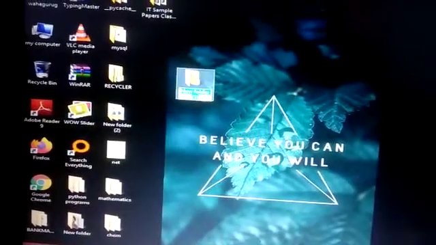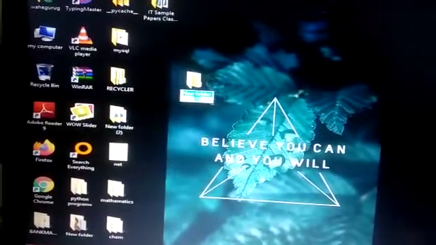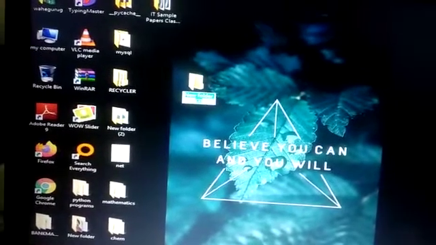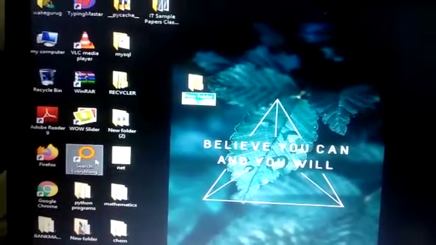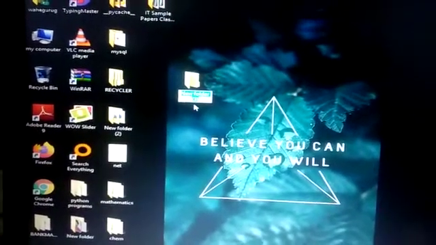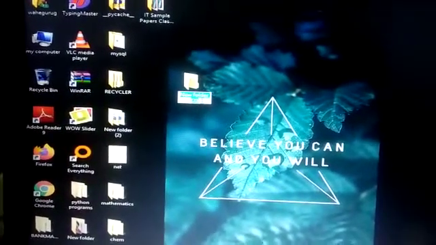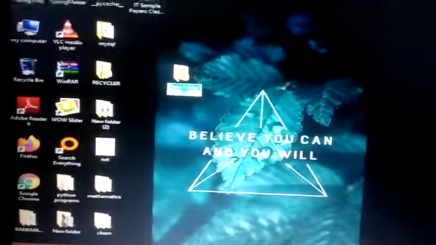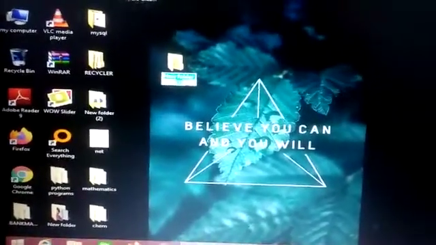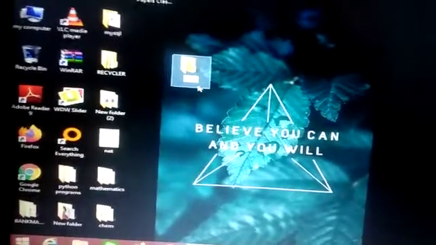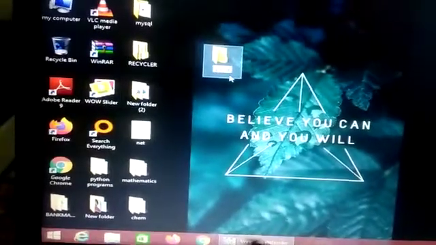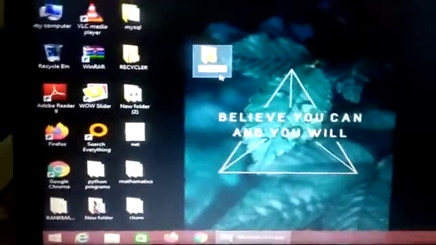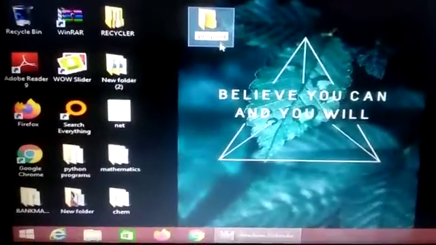Now look at the screen here, folder created on the desktop, and by default the folder name given there is new folder 3 because already 2 folders were created on the screen, that's why new folder 3. And you can change the name also according to your choice. Just press backspace and give the name, any name what you want to give, like now program given here.